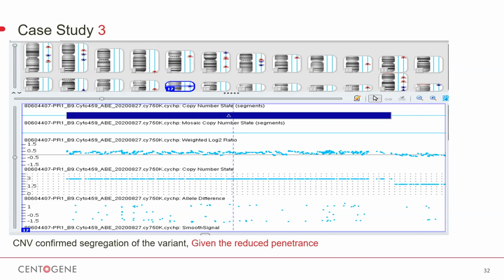This will be a very challenging case for the genetic counselor to explain to the family, where different family members have the same mutation, but some are affected and the others are normal. It will also be challenging for the next pregnancy, as the options will be limited and focused on preimplantation genetic diagnosis.